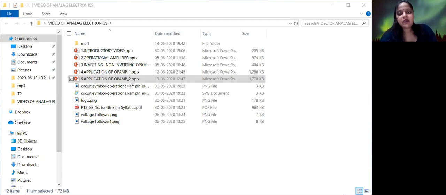And the voltage divider equation: you can see here a voltage divider circuit is always used at the positive terminal of the comparator, right? A combination of resistors R1, R2 is connected as a voltage divider, which is actually acting as a feedback of the output voltage. So this voltage divider equation we need to know. It's R1 divided by R1 plus R2, and it is denoted by beta. So we have to remember all these equations, all these values.